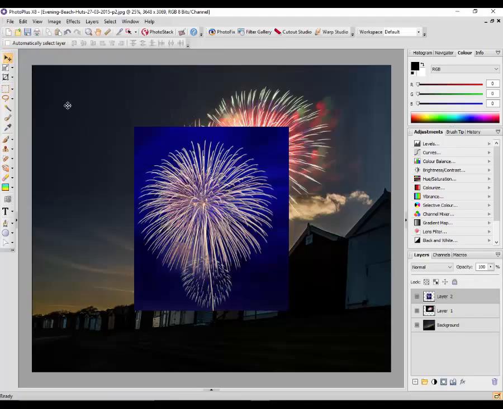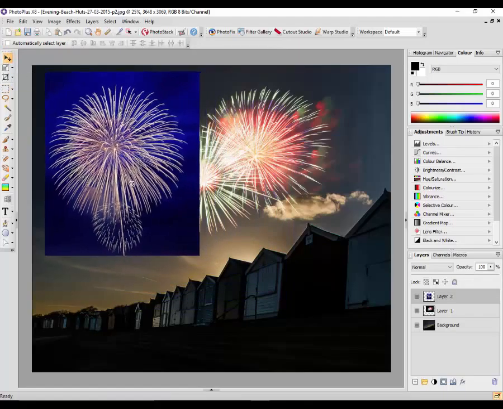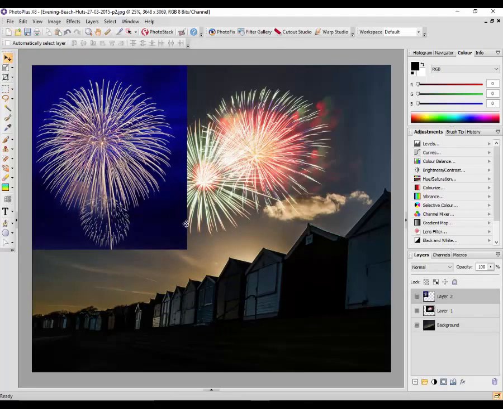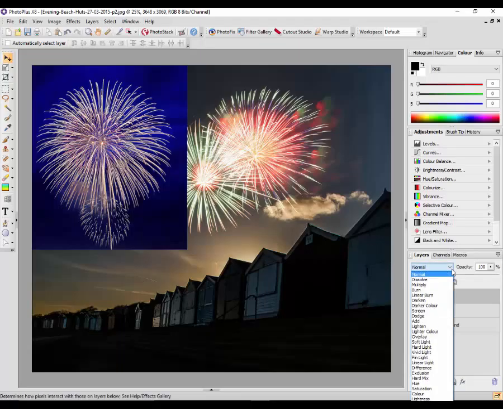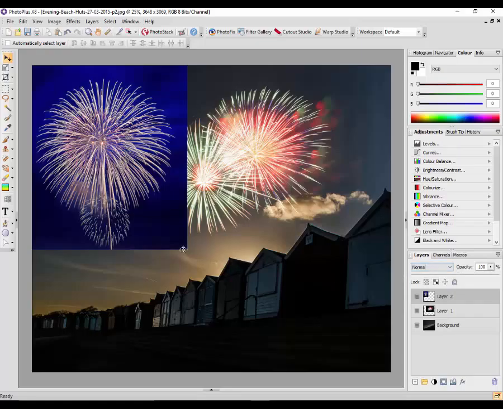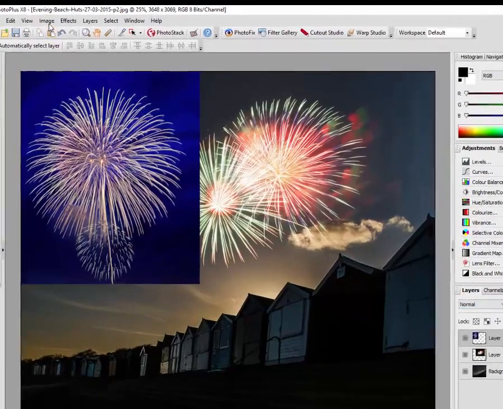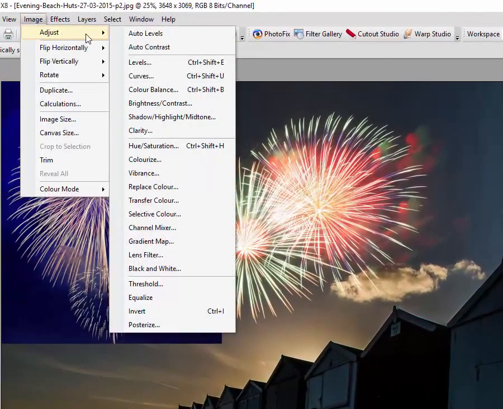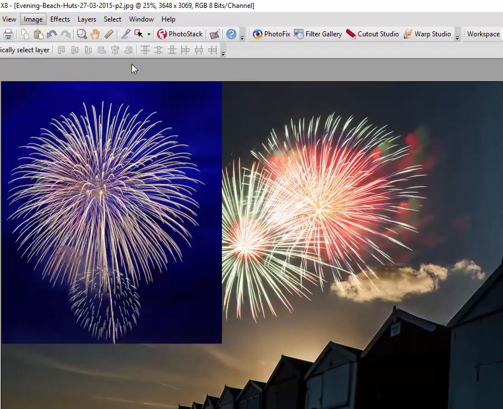I'll just move this over. Now if I change this to screen, as you can see, because it wasn't the perfect black, it does still show the sky from the original picture. So I'll change this back to normal, and I will come up to image, adjust, and levels,